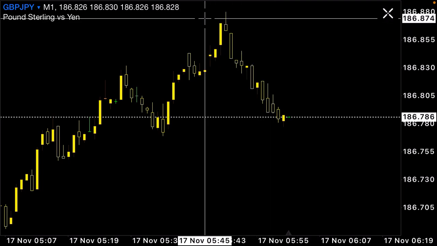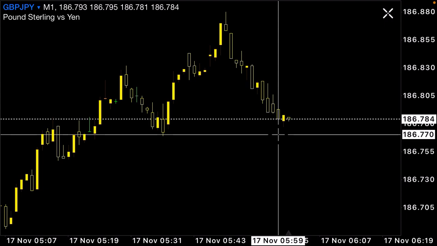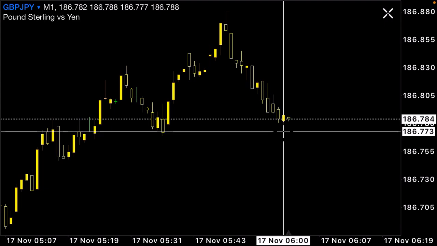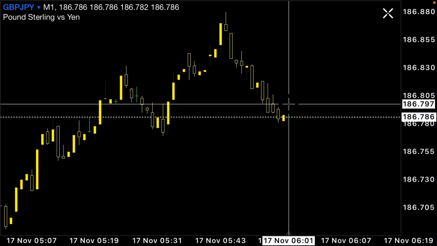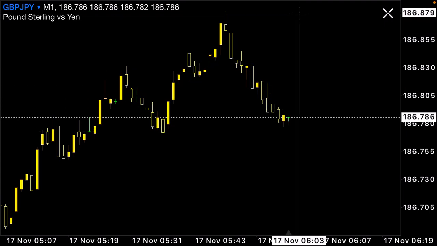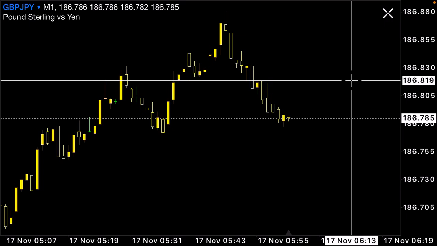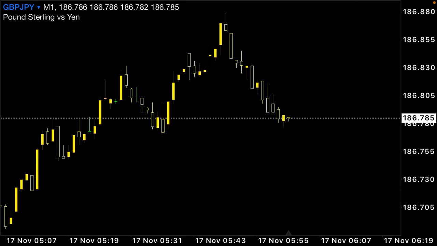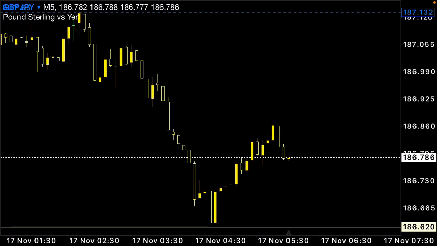Because once it has a top and then it comes down, usually what it does is it goes back up and forms a double top like that. But I can also go to the 5 minute time frame to get more perspective,